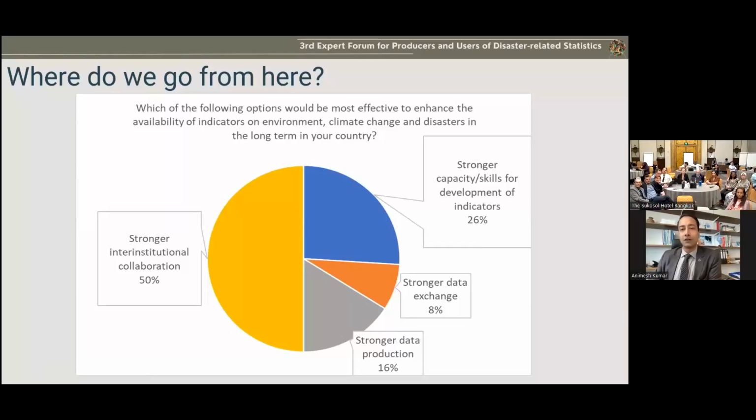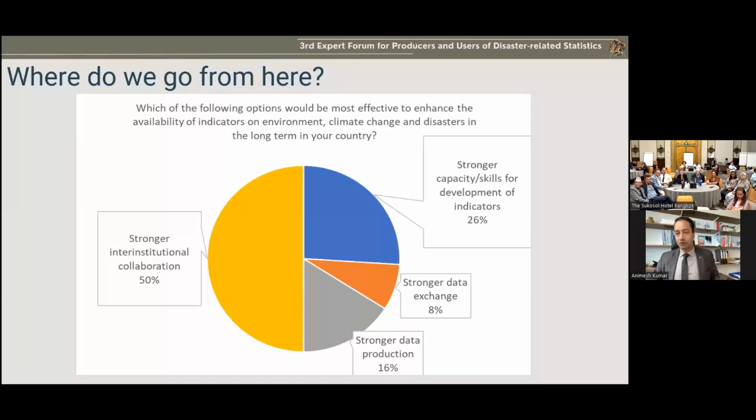So having seen and following online many of the discussions, I'm speaking on behalf of the Interagency and Expert Group on Disaster-Related Statistics, together with my co-chair, Ricky. I think it's very clear that we need to move very fast and substantively on developing the global common framework on disaster-related statistics. We do have the necessary materials. There is enough intent. There is a big need to do it. And moving forward, this is one point that we will definitely discuss tomorrow at the Interagency and Expert Groups meeting in terms of how to take this forward. And the recommendations and suggestions that have been made by this forum provide very substantive feedback into this process.